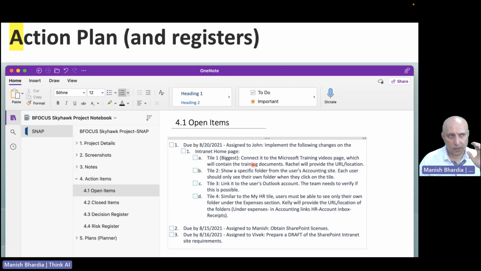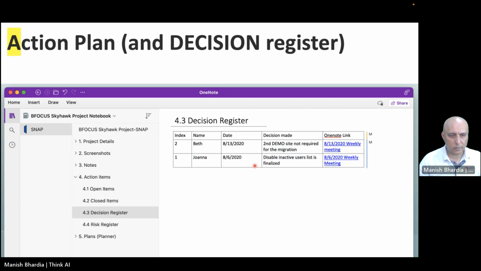Now, as I said, action items are not that critical to be kept here, but the next one, the decision register, is very, very, very critical. Decisions to start a project, stop a project, go live, demo, any change request or request for an out-of-scope item needs to be put here and highlighted to management. Very important. And if you have done PMP, you understand the value of the risk register. So the risk register shows up in 4.4. That also needs to be handled.